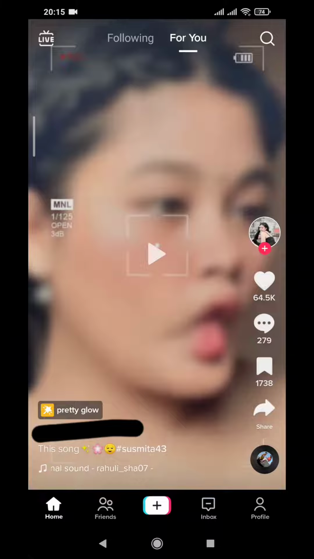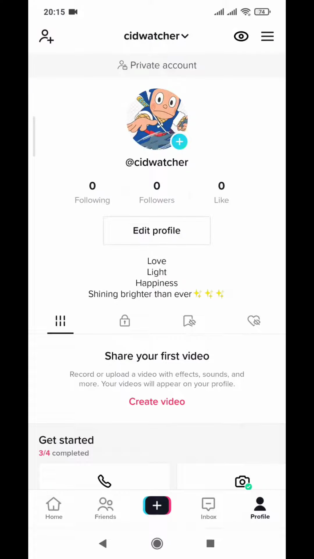and you will have this profile icon displayed at the bottom. You will have a number of options like home, friends, plus icon, inbox and profile. Click on the profile option, and if your account is private, it will show it right here, just below your username. It says private account